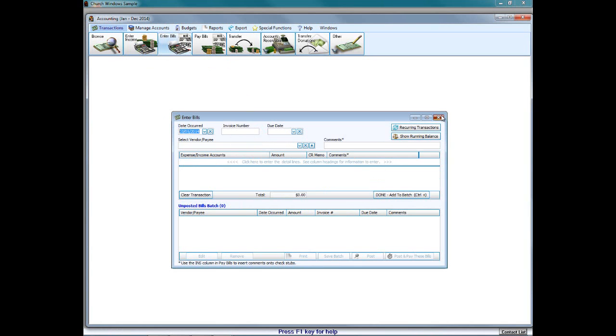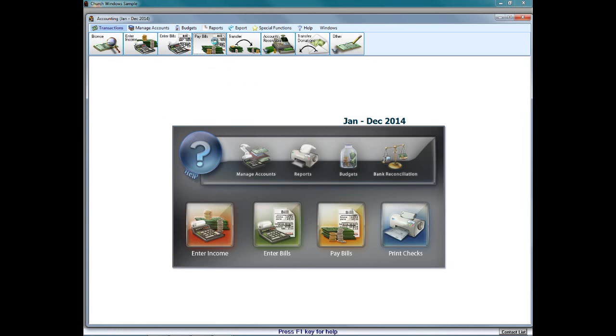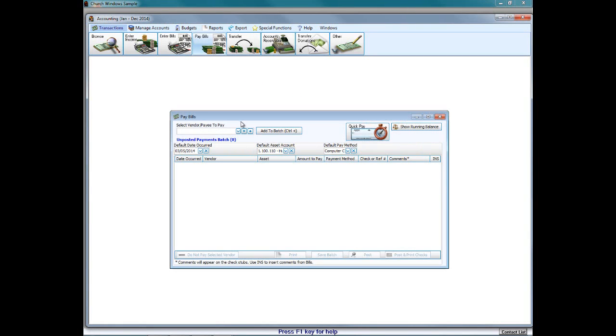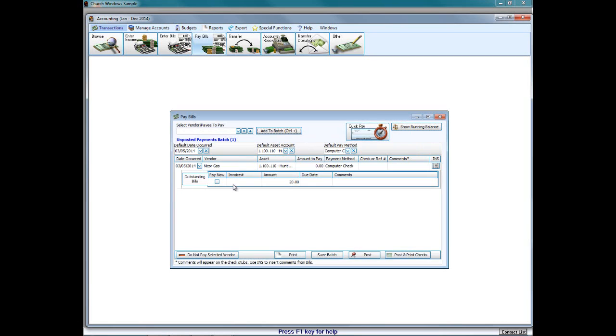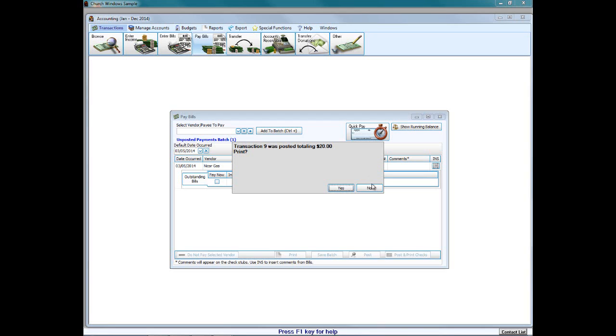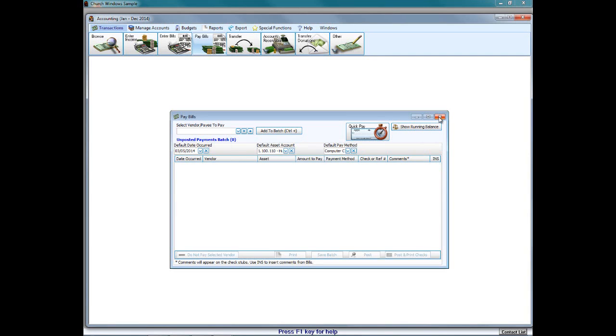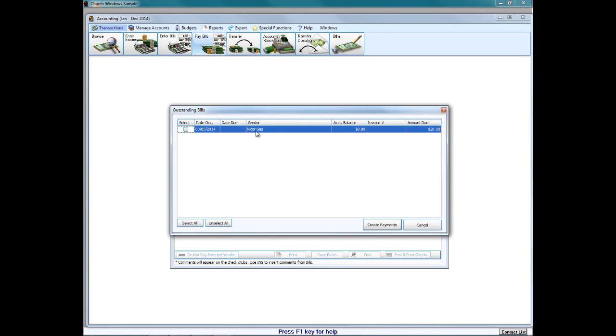So I entered something for Nicor Gas. Sometimes when paying it, I don't like the select vendor payee because sometimes people add that to the batch and then they'll go ahead and notice right here, this pay now checkbox is not checked. And I think some users are using select vendor payee and then just entering that amount to pay and posting it. Problem is, when I did that, if I look at Quick Pay Now and outstanding bills, I have a